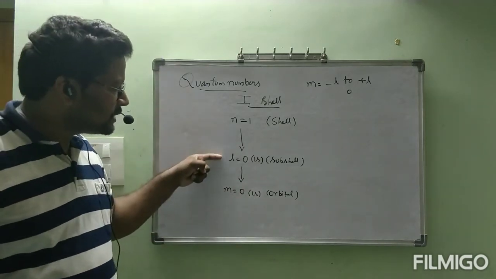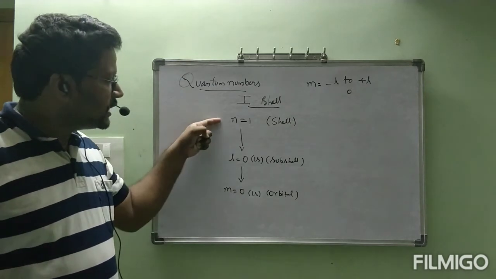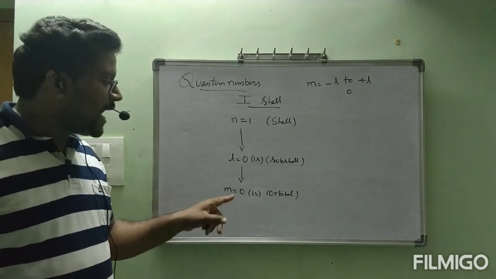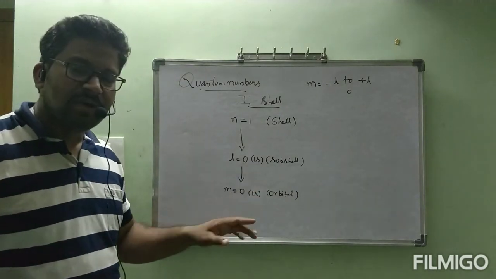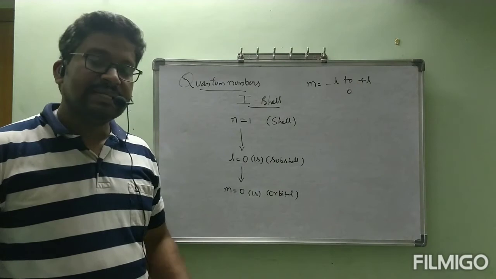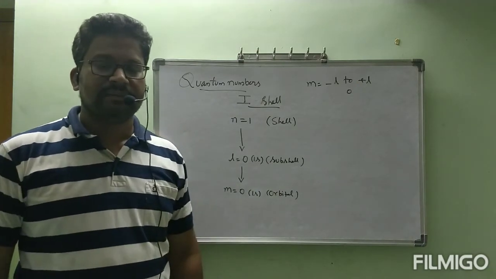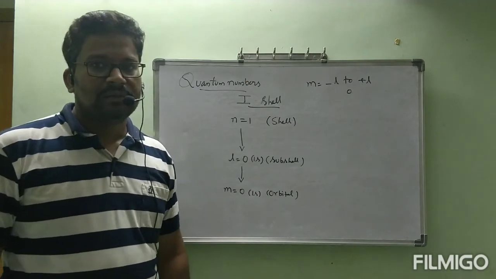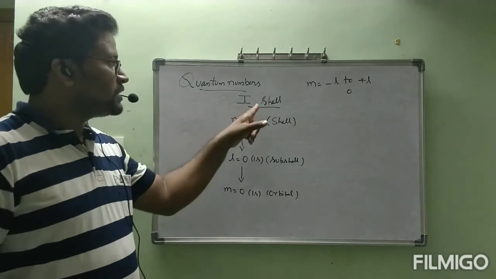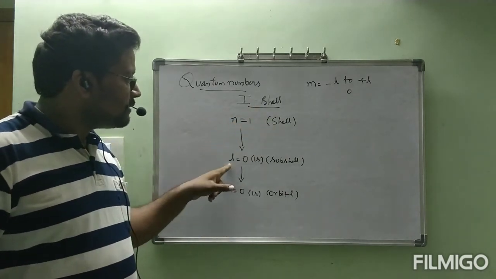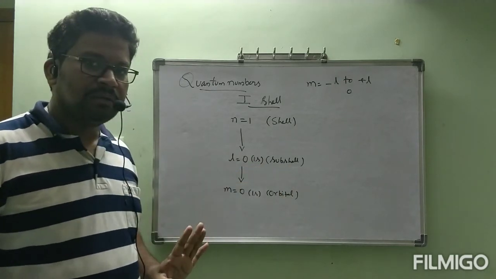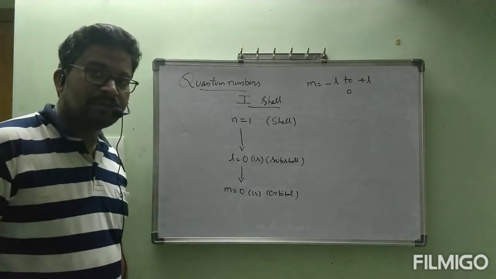So shell, subshell, orbital. This is the orbital representation. As here subshell and orbital are both the same, you will not find a difference. When we go to the next, p, you will understand more clearly, that is in the second shell we will get it. Okay, first note down like this regarding the first shell. So first shell, n value 1, l value 0, 1s subshell, m is equal to 0, 1s orbital. Now I am going to give information about the second shell.